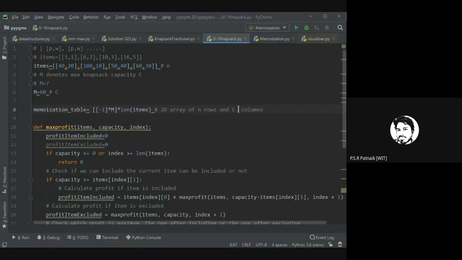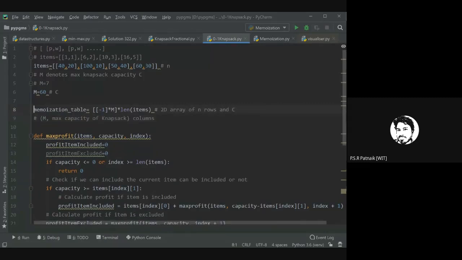So C means in my case it is also M, the max capacity. That's what I'm getting.